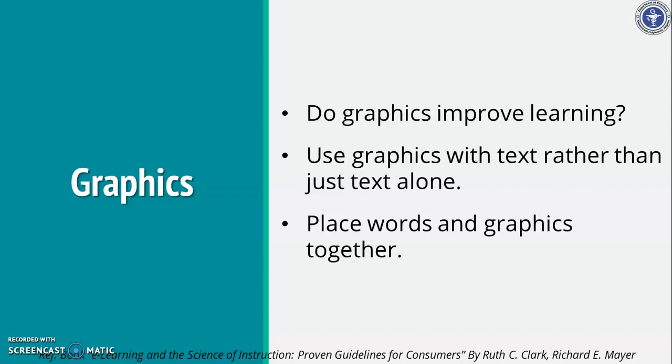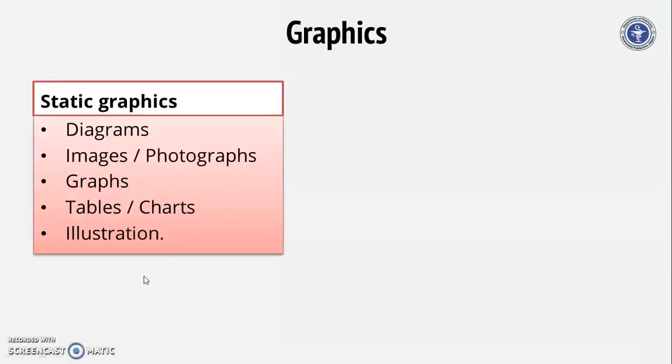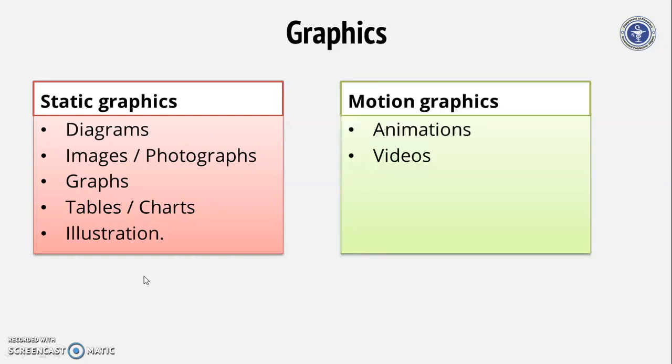Another empirical evidence from the book e-Learning and the Science of Instruction by Clark and Mayer, which relates to the use of graphics in e-learning, shows that placing the text near the illustration it describes facilitates the learning process. There are mainly two types of graphics which can be classified. The first is static graphics, which are diagrams, images or photographs. And in motion graphics, you can see things like animation, simulations, and videos.